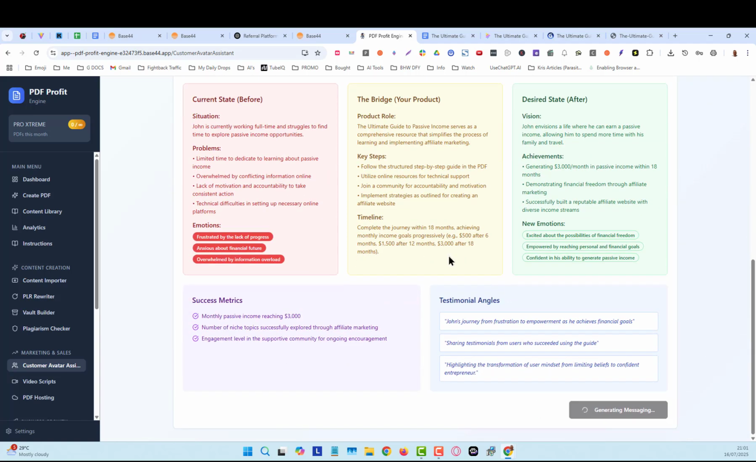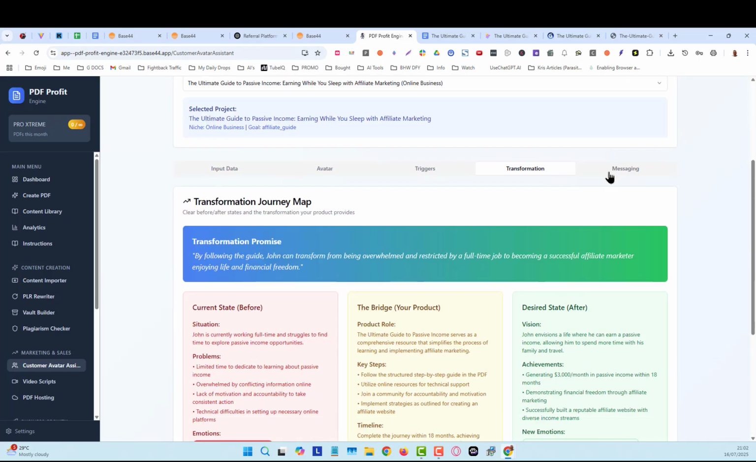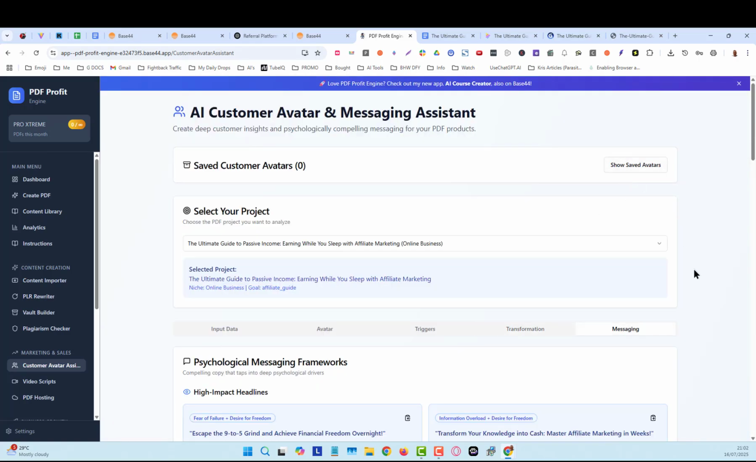And there's really high-level stuff. It's pretty good. It's quite accurate as well for online marketers. Okay. Testimonial angles, success metrics. So you can use things like $3,000 a month passive income, selling ebooks, for example. Okay, that will pique John's interest according to the psychographics and triggers and stuff in here. Okay,